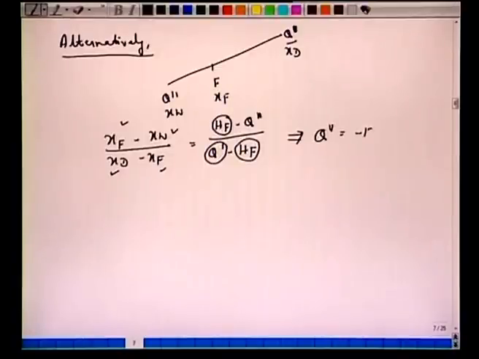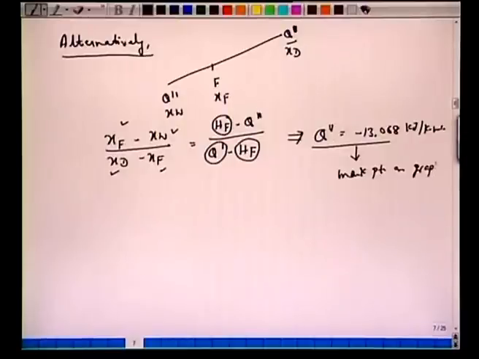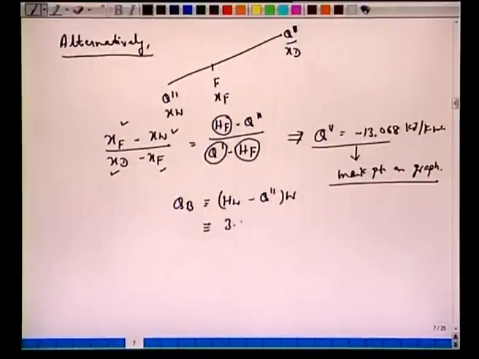Q'' minus 13068 kilojoule per kilomole. So it's up to you whether you calculate from here, you mark the point on the graph, or directly from the graph you calculate till you get this Q'', and from this Q'' one can calculate boiler load, which we did earlier, to get this hW minus Q'' into W. So it's just rearranging different ways to obtain 3.82 × 10^6 kilojoule per hour.